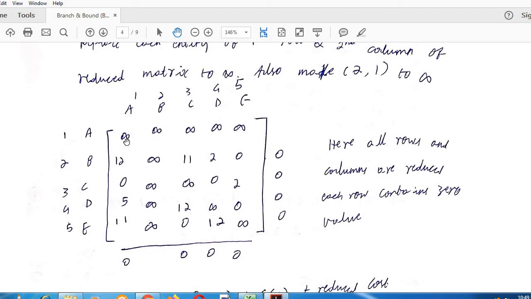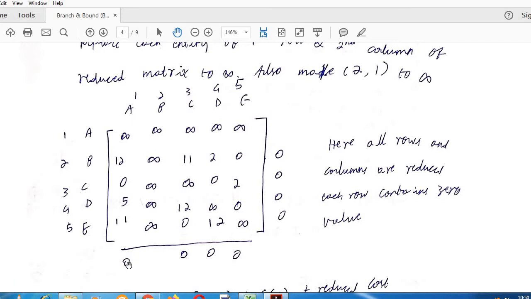Anyway, moving on, I will find out the least value in each row and column. When all the row elements or column elements are infinity, we'll ignore that and not write a minimum value, as there is no minimum value. Then I will come to the second row. Here in the second row the minimum value is 0. The third row minimum value is 0. The fourth row also has minimum value 0. The fifth row also has minimum value 0.